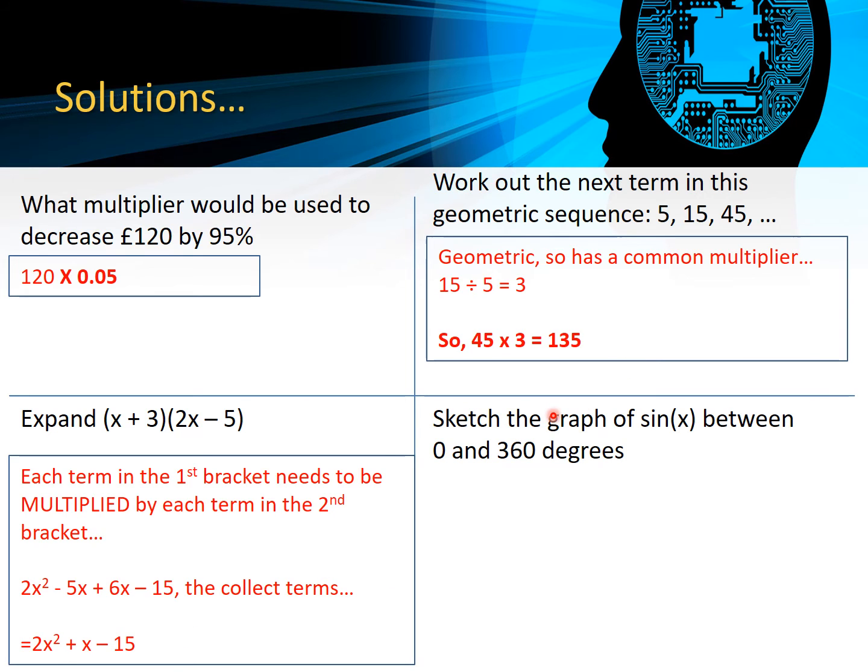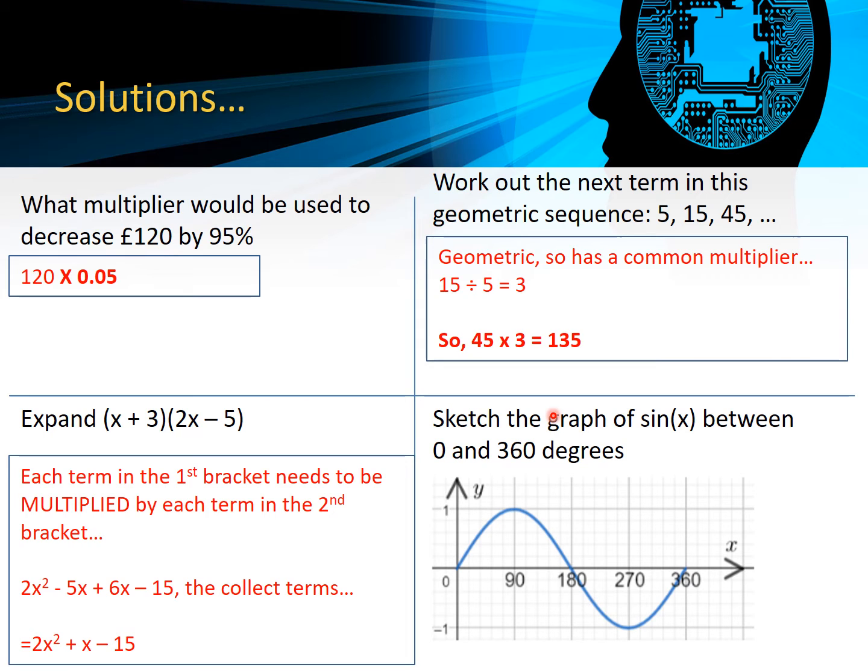Next one, sketch the graph of sine x between 0 and 360. Remember, sine x starts at 0, comes up to 1 when it's 90, back down to 0 at 180, and then follows exactly the same path, but in the opposite direction down here, with a minimum at -1 at 270. Okay,